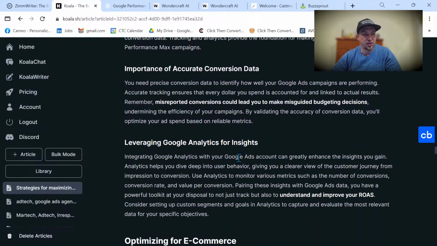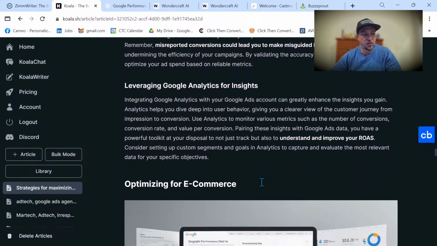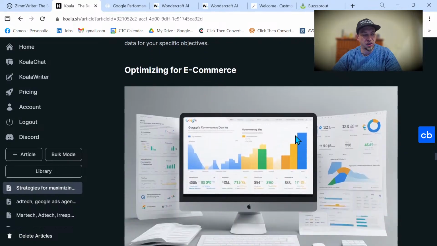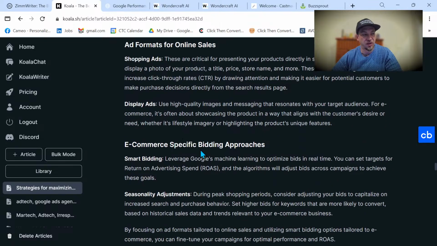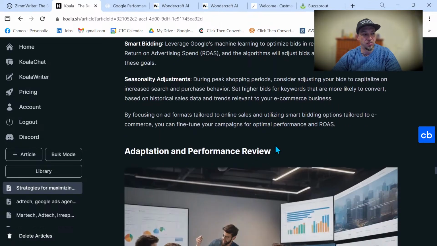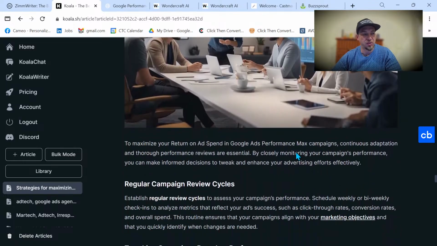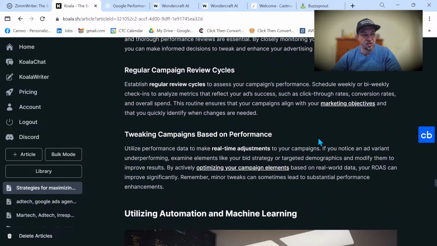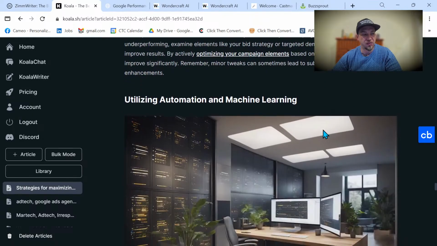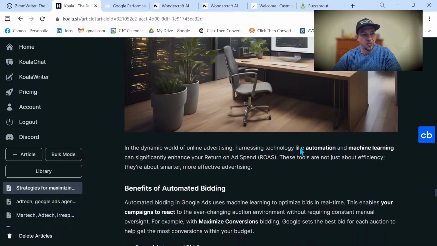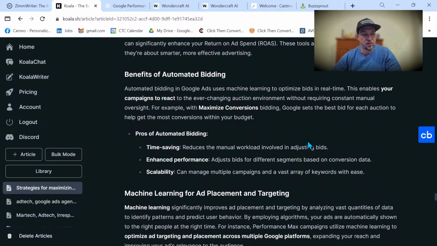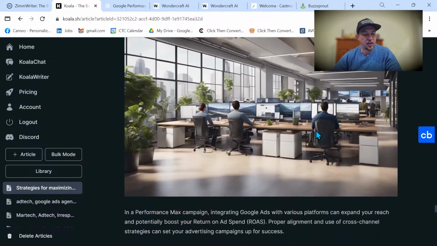So as you can see, this is a very detailed article, and it's put this in a logical order, and it's also dove into different parts of Performance Max for different types of businesses, different bidding strategies for different types of businesses. And this isn't just basic top level information. This is really good quality. This is really good detailed quality, actionable items in some instances, that you can act upon. So great content that we got.